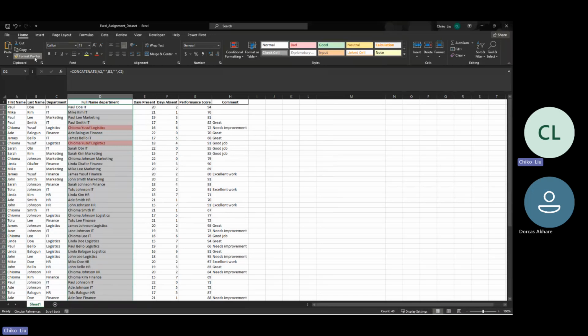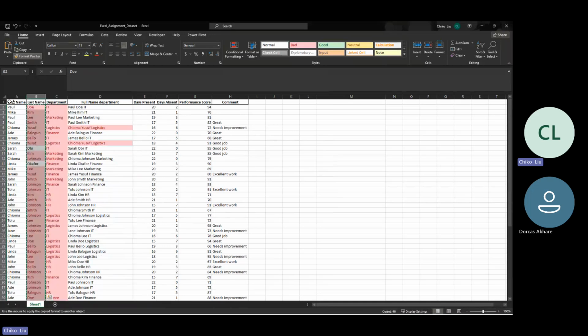So if I do format painter and click here, I'll see a lot of duplicates. I'm very sure, I don't know if I'll see duplicates here. Oh, I have a lot of duplicates here, and so on. So you can see that this is a better way of representing